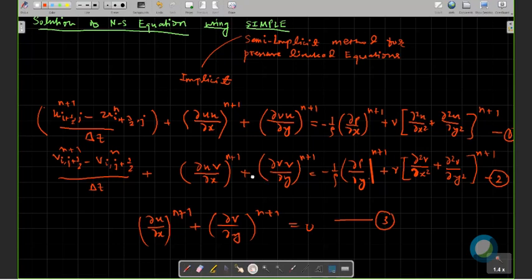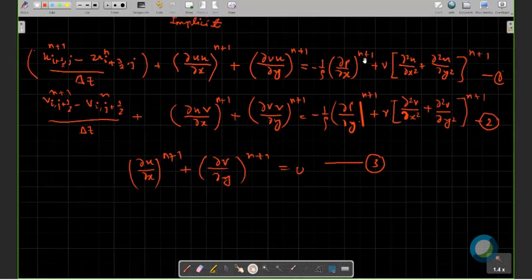But we know that in incompressible flow this term is always unknown, and that is a problem. This unknown is always some sort of problem. So how do you deal with this case? The n plus 1th value is not possible to figure out. So what should we do? That is the thing we are thinking about.